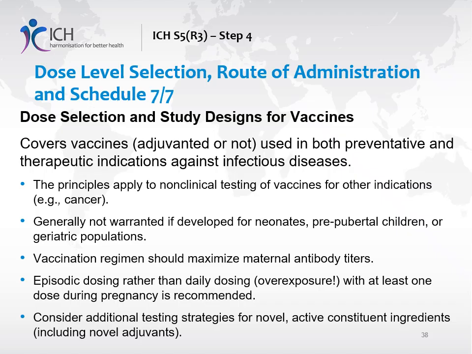To use a reduced dose, justification as to why a full human dose cannot be used in an animal model should be provided. The vaccination regimen should maximize maternal antibody titers and/or immune response throughout the embryonic, fetal and early postnatal periods. Timing and number of doses will depend on the onset and duration of the immune response of the particular vaccine. When developing vaccines to be given during pregnancy, a justification should be provided for the specific study design, based upon its intended use, e.g. protecting the mother during pregnancy or protecting the child early postnatally.